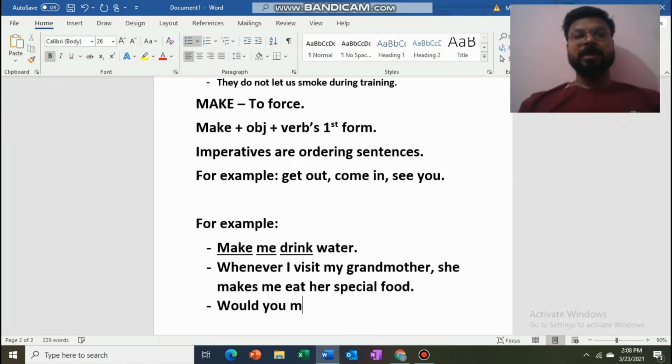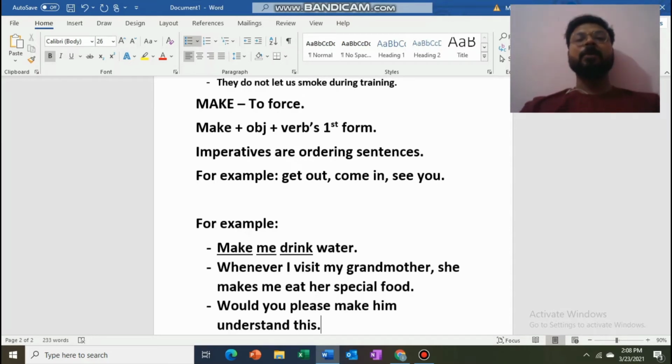Would you please make him understand this? Right? So this is another example of explain. Would you please make him understand this? क्या आप उसको please समझा दोगे ये? Right? It's a request that please make him understand this particular thing, or would you please make him understand present